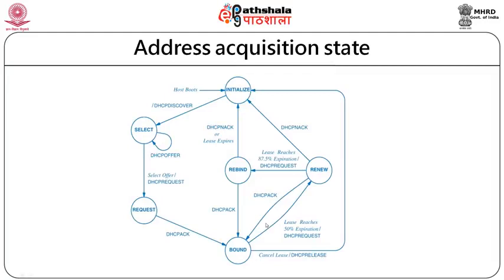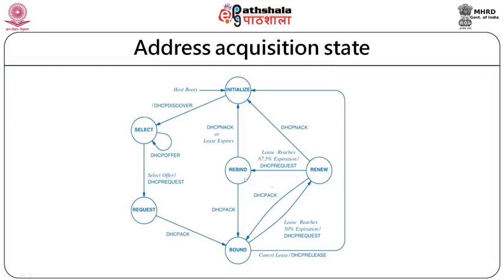between, the client may want to release the lease period or cancel the lease line. So there are two reasons: either the job is done, so 100% of the job is done and it comes back to the initialize state, or if there is a cancellation in between, the client wants to leave, then it will come with the signal as DHCP release. Once this message is sent to the server, the state of bound will be changed into the initialize state.